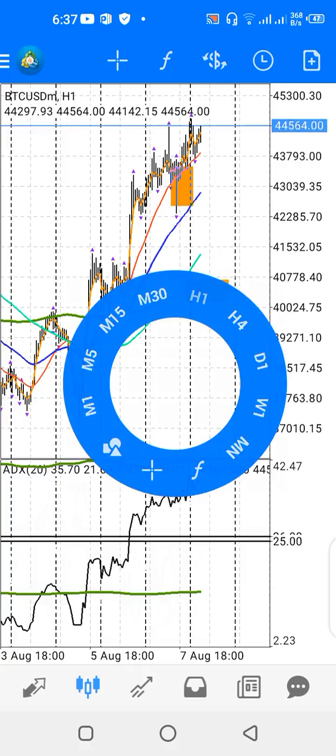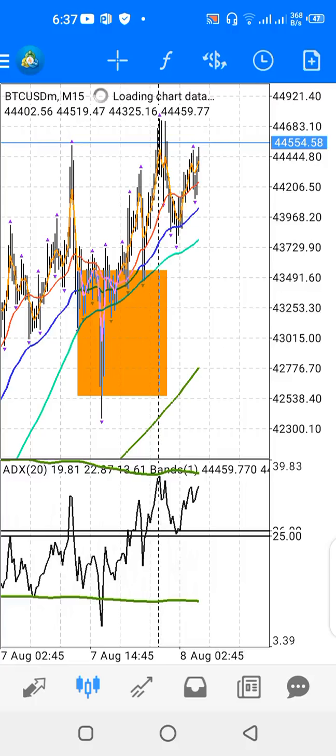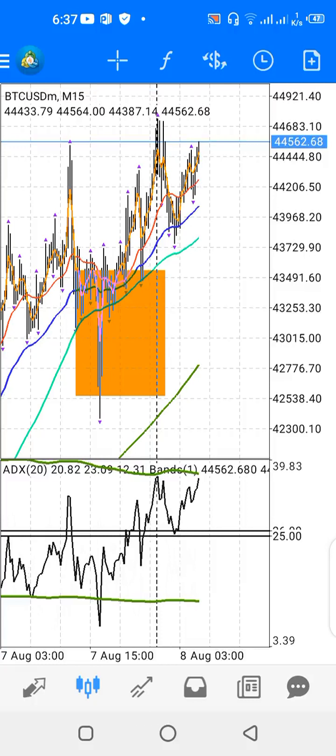You go to the 15 minutes. If the 15 minutes aligns with what's happening on the daily, 4-hour, 1-hour, you can always buy. For now, the 1-hour and the 4-hour are saying the same thing,